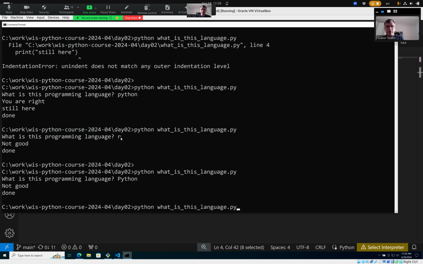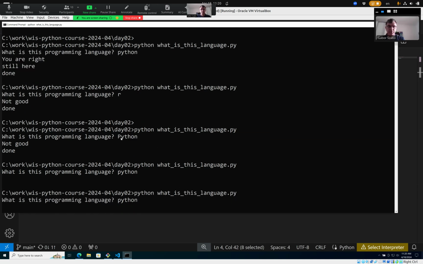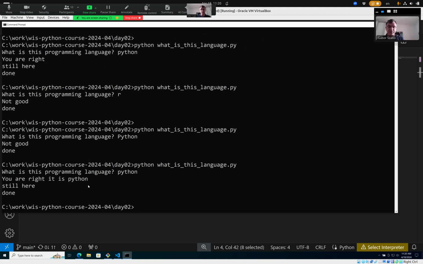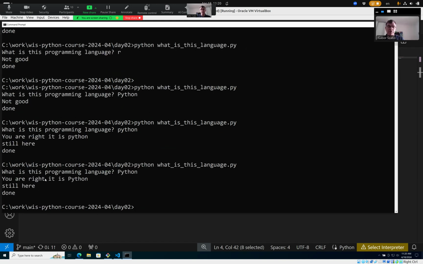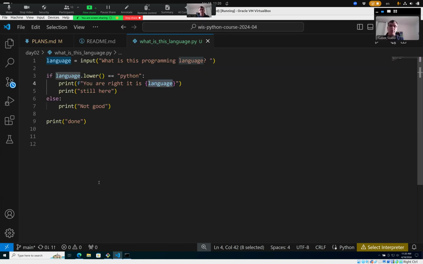Now what happens if I run this and I type in Python? It says fine, everything, and it says it is Python. And what if I type in Python with a capital P? Then it says you're right, this is Python. So what I did now is, earlier I was comparing the two strings and it was expected to be an exact match, lowercase python. Now I'm saying, no, I actually don't really care what the case of the letters of this word is. So even if you type Python with a capital P or a lowercase p, it doesn't matter to me. I would like to